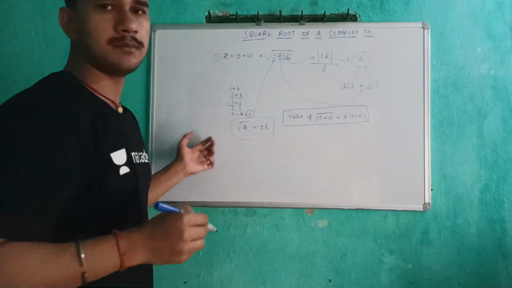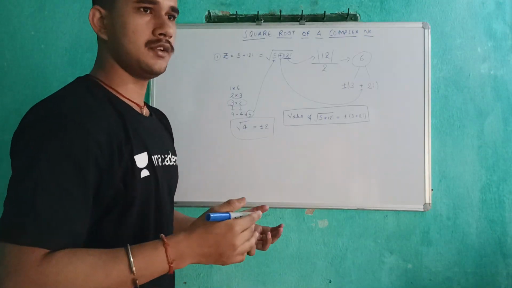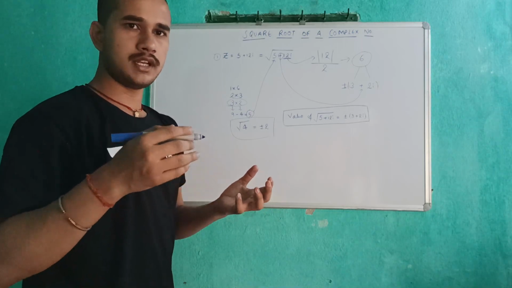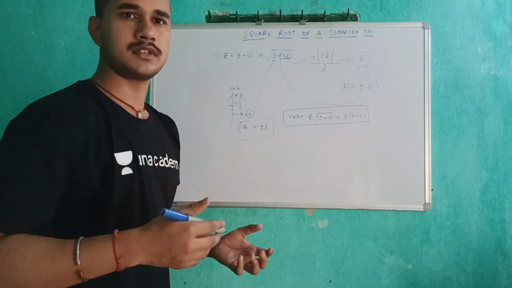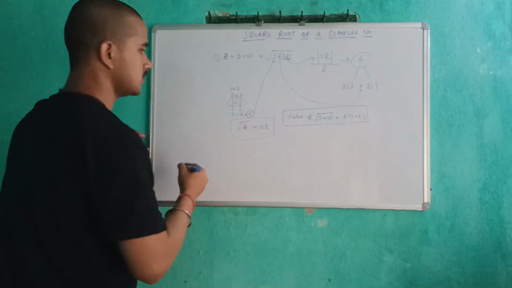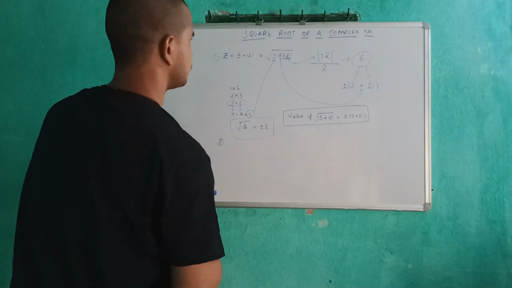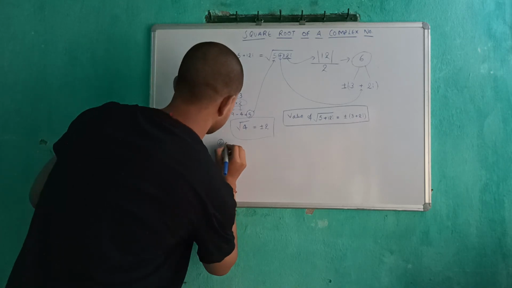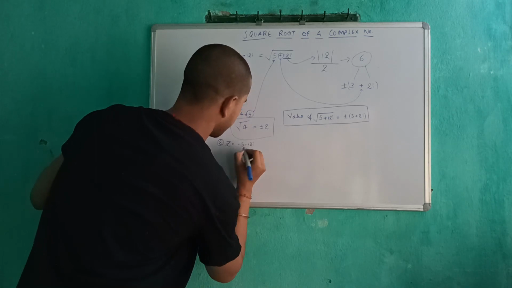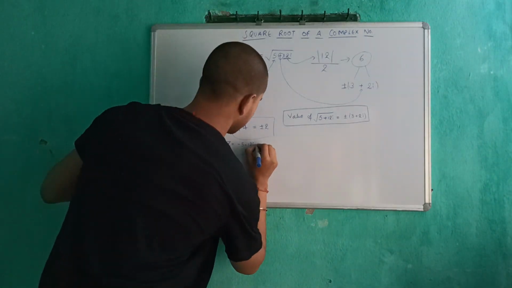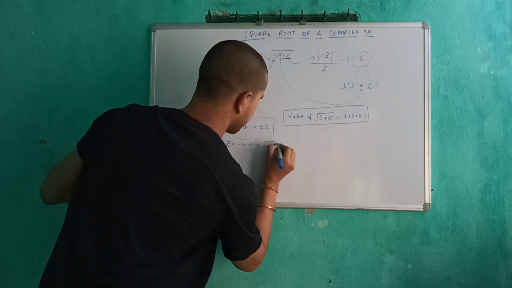So let's do one more example in the same manner and learn the process in a very deep and quick manner, so that it gives you a very nice idea, the simplest and shortest possible way to solve the square root of a complex number. So doing the second one, let's take something similar. Z is equal to minus 5 minus 12i. So what we'll be doing is finding the square root of minus 5 minus 12i.